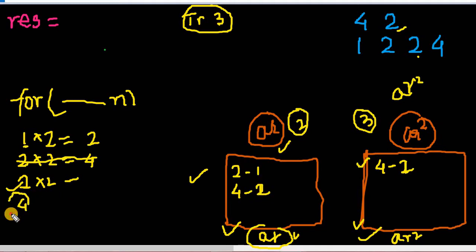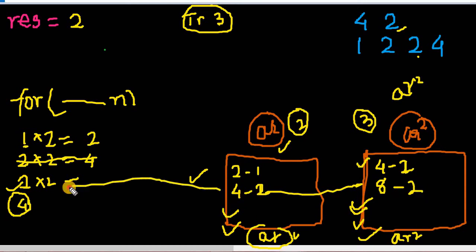After that, we'll come to the fourth position. We'll check if 4 is present in this particular map, the third map. Yes, it's present 2 times, so we'll update that value into the result. After that, we'll check if 4 is present here. Yes, it is present, so we'll multiply it by the common ratio and carry forward the frequency, so that will become 2 here again. After this, we'll multiply it by 2 and again add a key-value pair here. Because 4 was the last term and we don't have any elements left to traverse, the result would be this given value.